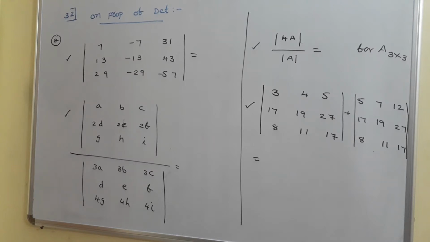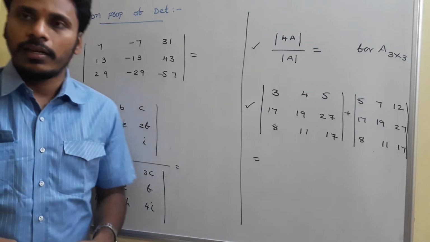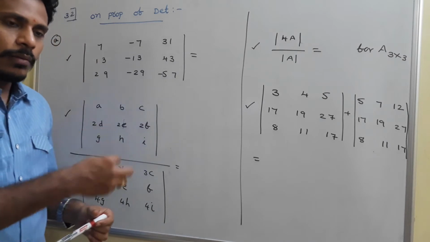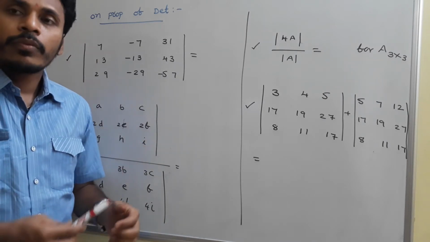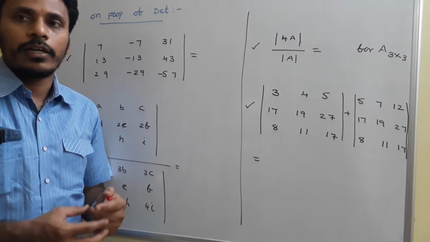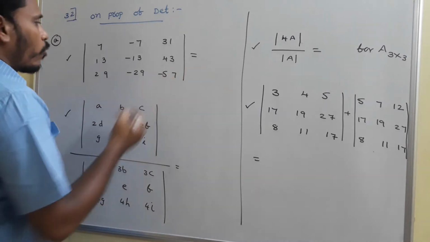Just look at the board. These are just some recapitulation for the properties of determinants which we discussed in the last class. And in this session, we are going to discuss some problems where we will generate some more ideas related to the properties of determinants. And now, just think about the first problem.